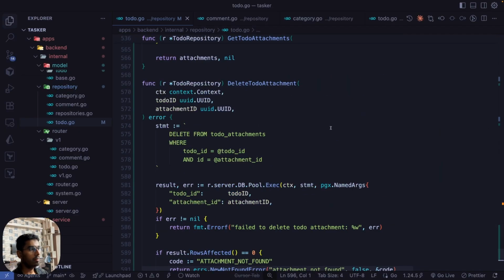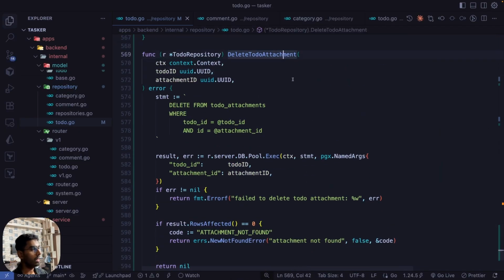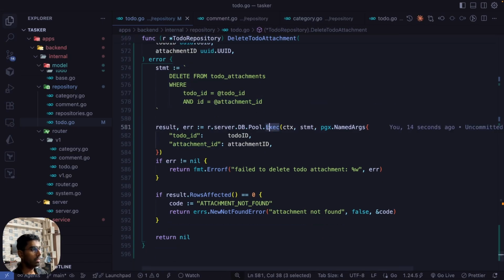And in the end, we also need a function for deleting an attachment. For this, we take the ID of the to-do, the ID of the attachment, and we just run a delete statement where to-do ID is this, attachment ID is this. Then we run exec because we don't expect anything in return. Then